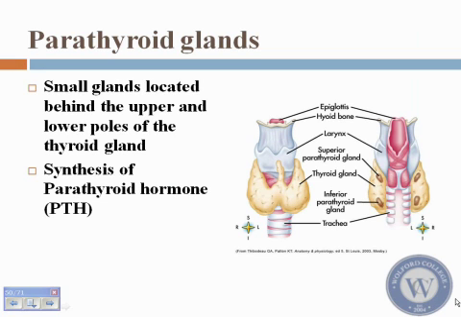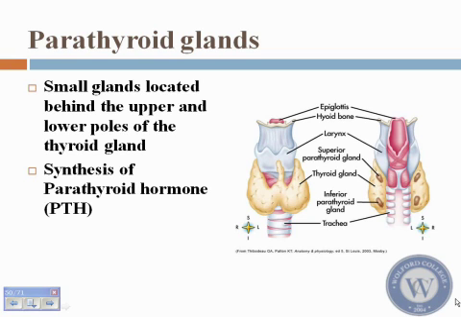Next gland, the parathyroid gland. It seems like a pretty innocuous gland. It's located posteriorly to the thyroid gland. There's usually around 4 parathyroid glands, usually located behind the upper and lower poles of the thyroid gland. There's 2 on each side. Sometimes there's more than that. Sometimes they're hard to find. Sometimes they're actually in different areas than where you think they should be. So if you have somebody with a tumor, the parathyroid glands can actually be in a different location sometimes, but most of the time, over 95% of the time, you can find them posteriorly to the thyroid gland.